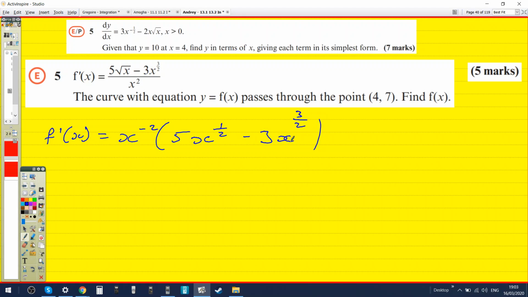And then that would be equals to 5x minus 1.5 and minus 3x minus a half. And then I need to integrate that. And so that would be